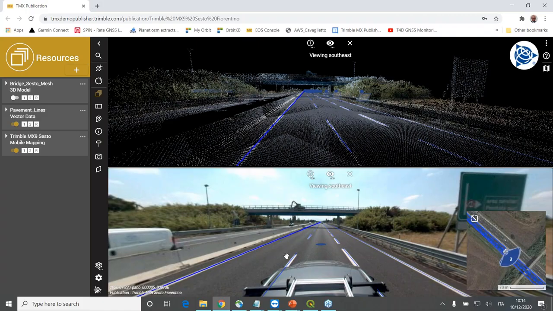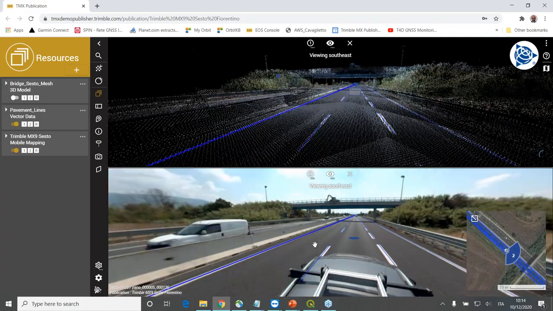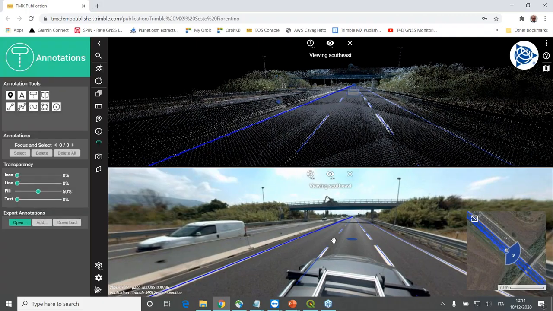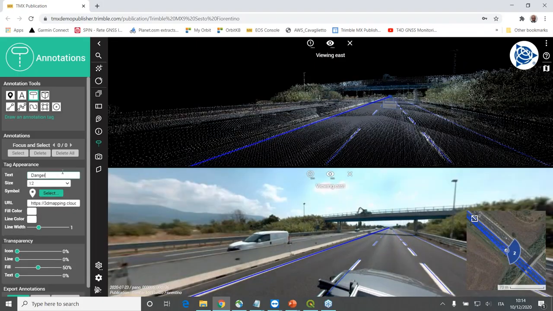So basically, navigating through my data, I can say, oh, there is a damage here or a dangerous situation here on this New Jersey barrier. I can take an annotation, and for example, I could write something here. There is a danger situation. Maybe I would like to colorize this red. Then I can position my cursor on my mobile mapping data, and I can highlight this position and have this